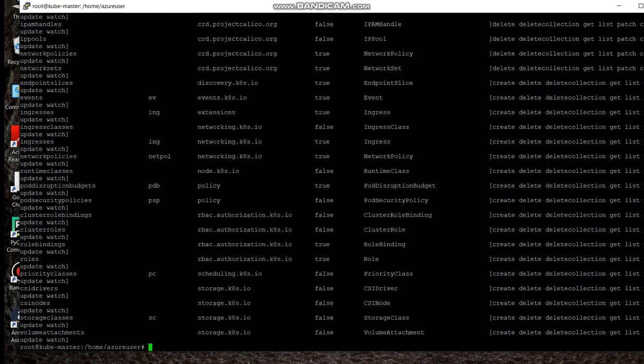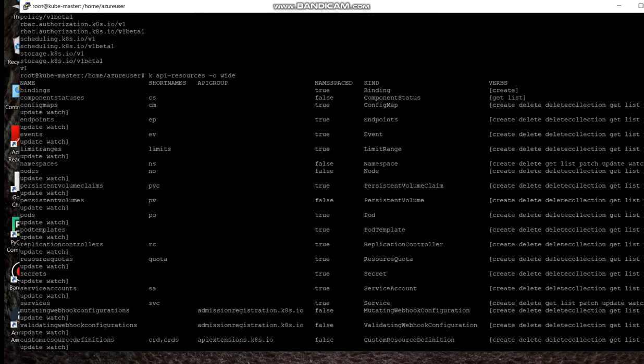And when you see the namespaced column true or false, that means whether it is dependent upon the namespace. You have to specify the namespace or not. For example, where it says namespaces, it says false because it's universal. You get the namespaces, it's not dependent on the namespace, but the pods are dependent on the namespace. You have to specify a namespace if you get to